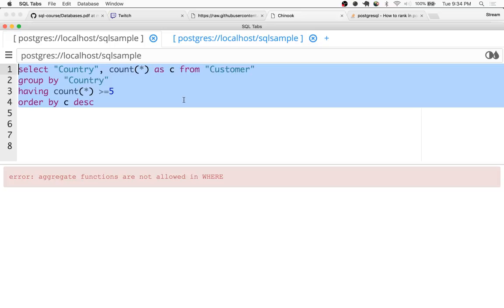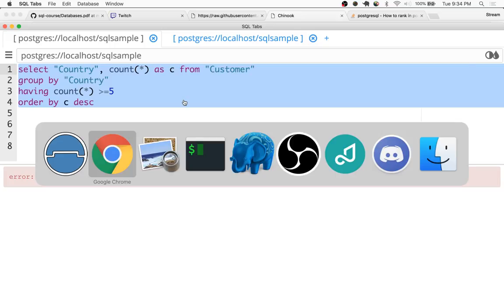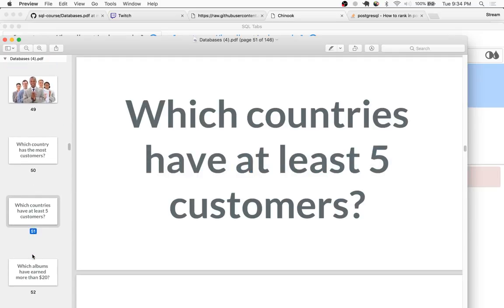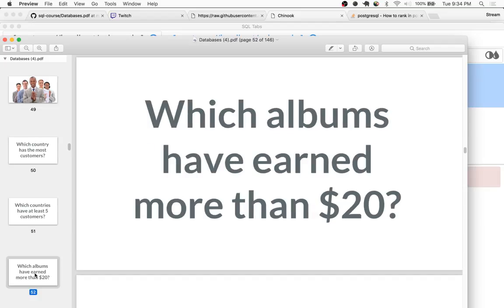So that's having. And then if you wanted to take it a step further and say, okay, well, we want to have that sale. We want to have it for those countries. And then you're prompted with the question of which albums have earned more than $20. So that way we know which ones we really want to put on sale, because we want to put our top sellers on sale or something. And that one I don't actually have them work through, but rather